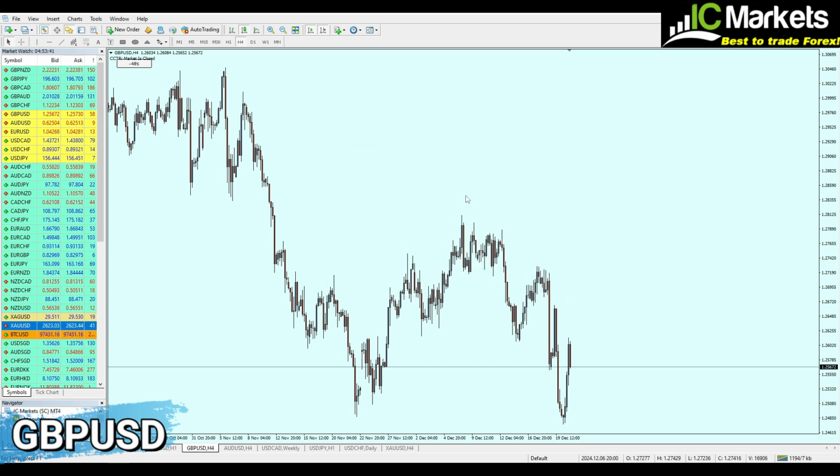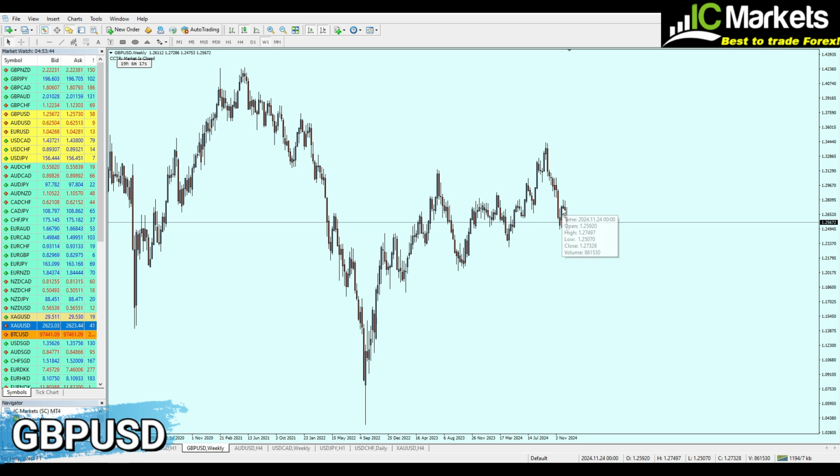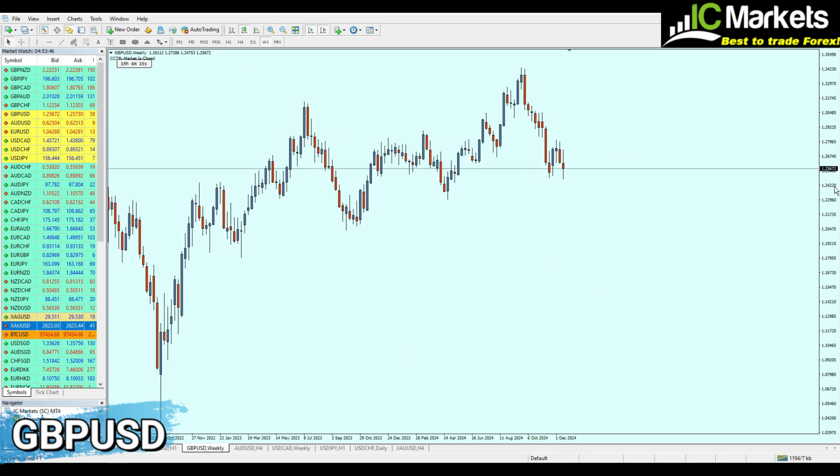Anyway, what we can do next with the Pound USD. Actually, it's really similar to the EURUSD. Right here on the weekly chart. Right now, this is not weekly. This is weekly. Okay, so now I'm on the weekly chart, and again, we are seeing the same thing,